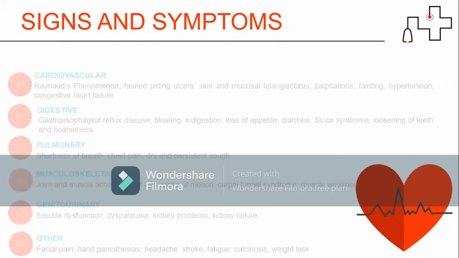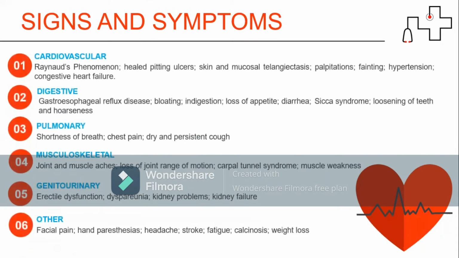Signs and symptoms. For the cardiovascular system, patients may experience Raynaud's phenomenon and swelling in the hands, pitting ulcers that are healed, and mucosal telangiectasis, palpitations, fainting due to conduction abnormalities, hypertension, and congestive heart failure. For the digestive system, gastroesophageal reflux disease, bloating, indigestion, loss of appetite, Zika syndrome, diarrhea, loosening of teeth, and hoarseness